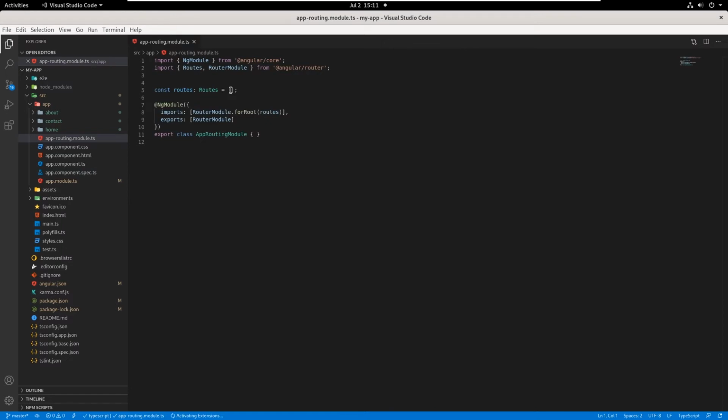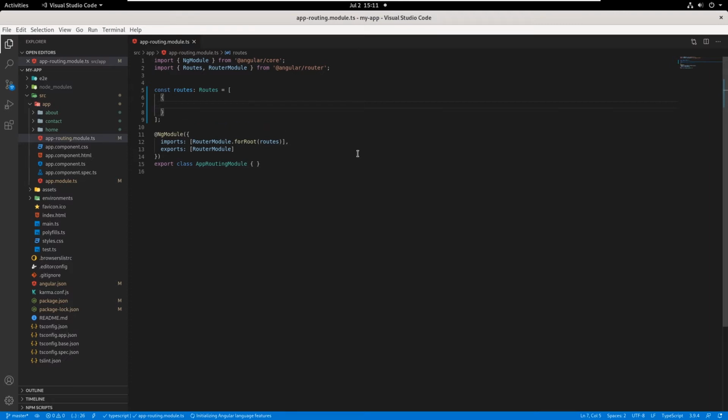And so what we want to do is add routes to our application so that when we click on those links, those contact, about, or home components, we actually get navigated to those components. So those links navigate to the components. So I'll open up this array, create an open curly brace, and inside that I'm going to say path, and I'll give it the default where there's no value inside the quotes, and then I'm going to say component,